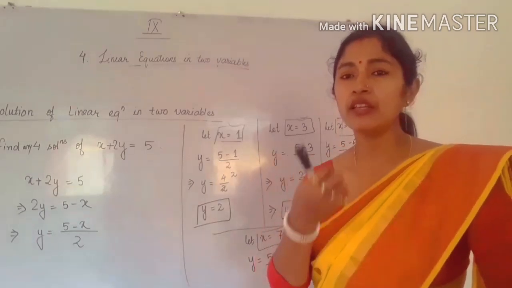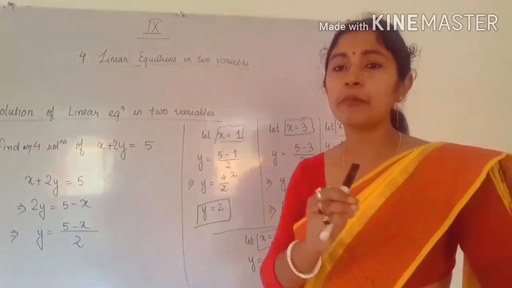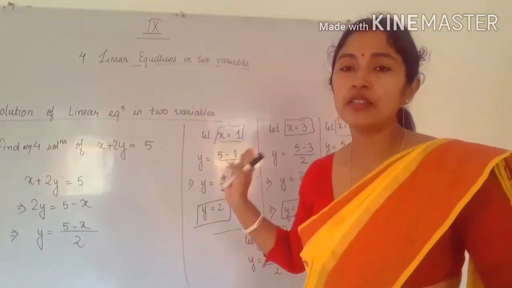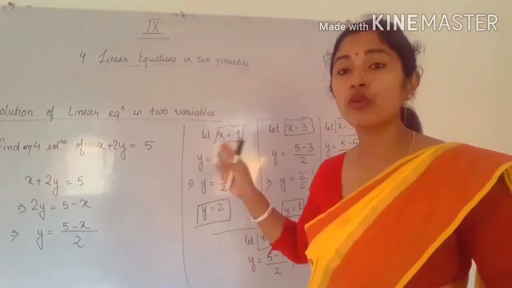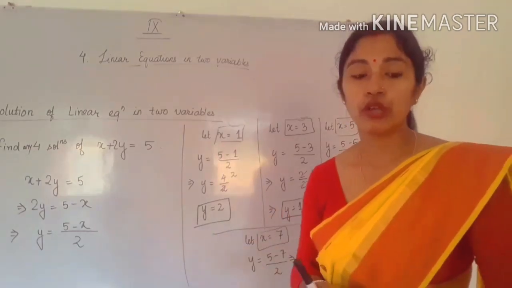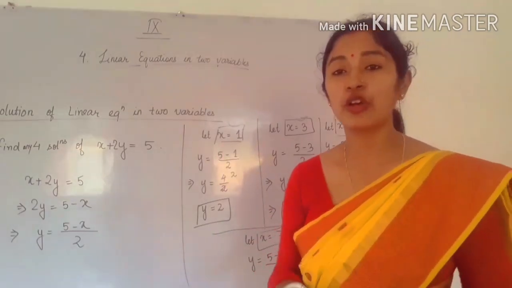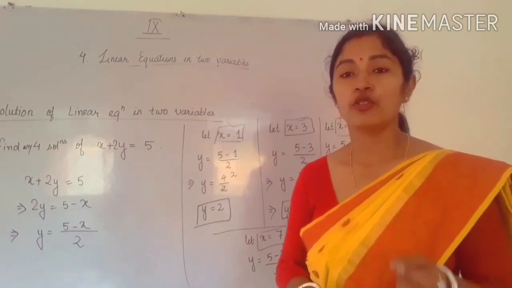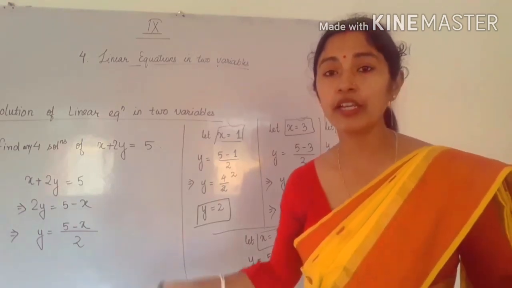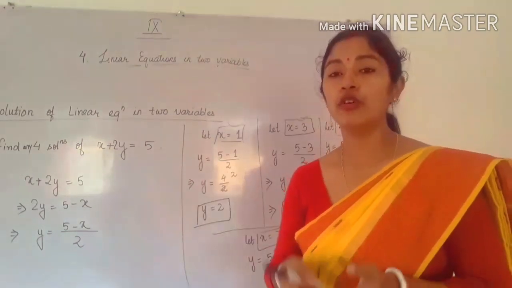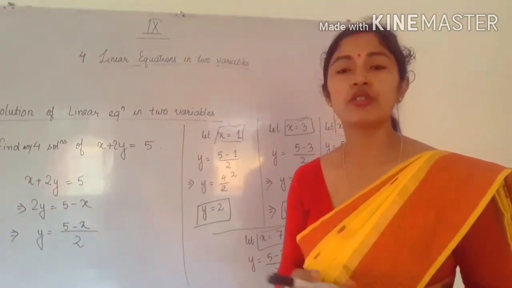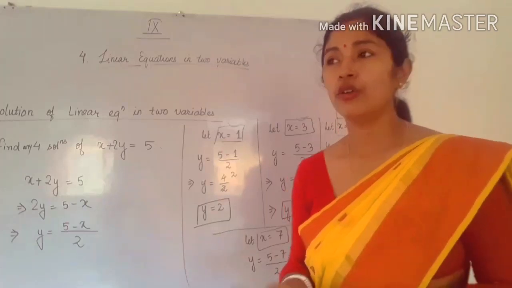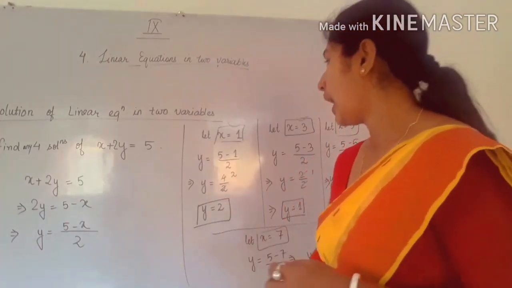There may be any solution, but to make it simple I have taken these 4 different values. In the book also you will find different solutions, and it may not match with your solution. No problem, there are infinitely many solutions. Just find 4 solutions or 3 solutions, whichever is asked in the question.